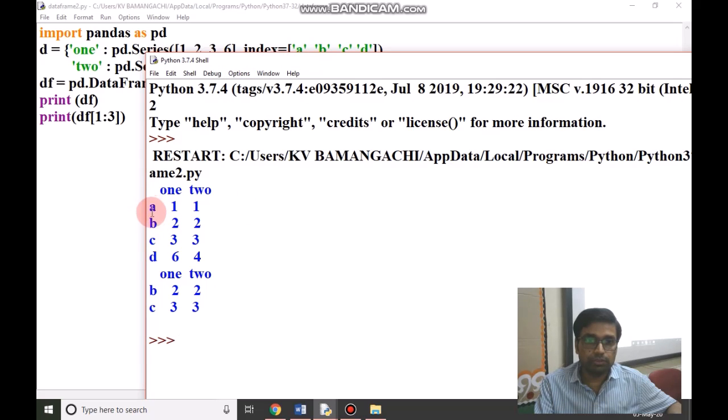This is row 0, this is row 1, this is row 2, this is row 3. So we have given starting from row number 1 to row number 2, not up to row number 3, because the index will be terminated at 2. So here it is printing B 2 2, C 3 3.